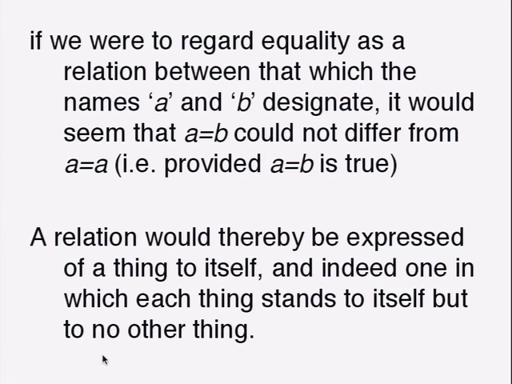Okay, what he's saying is, suppose you take the name A and the name B, and suppose that A is just a tag for an object, and suppose that B is just a tag for the very same object, the morning star, the evening star. They both just tag the same thing, planet Venus. Then A just stands for Venus, B just stands for Venus, so they have just the same meaning. They tag just the same object. So A is identical to B would be saying just the same thing as A is identical to A.